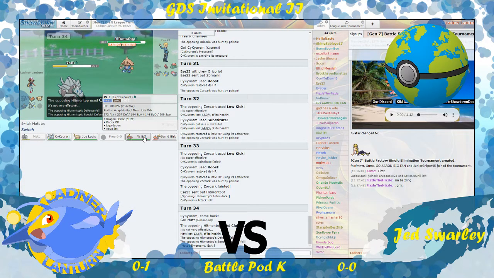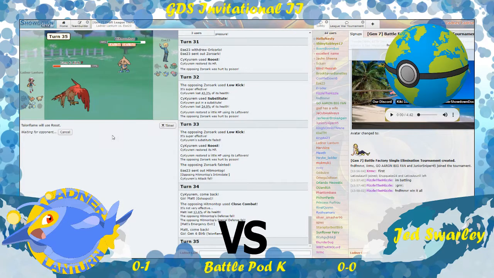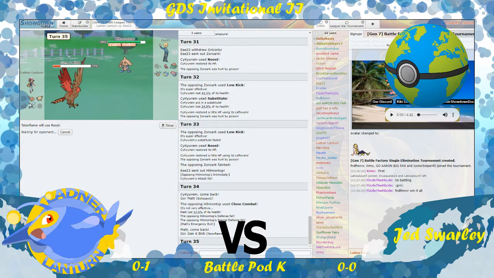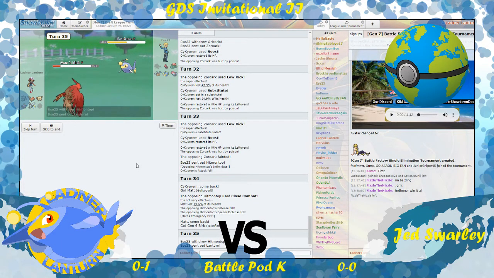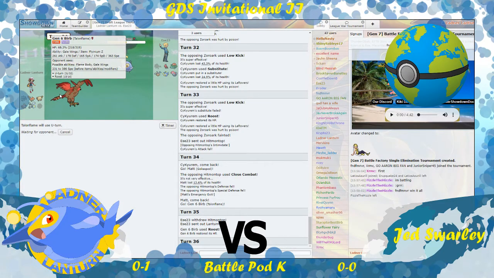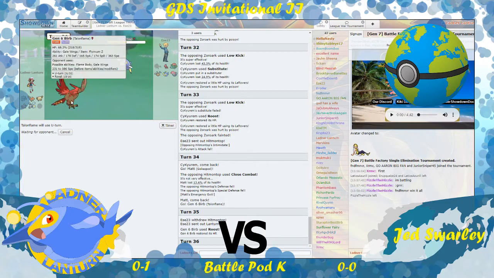Ooh, or I get a hit off with Crawdaunt. No, Talonflame's the play for sure. I'm gonna Roost up, and then if he goes Lanturn, I'm gonna U-turn into Kyurem. I think I'm in a good spot. Zoroark being dead, I mean, it's really stupid that I even thought that the Zoroark wasn't coming in, but it doesn't matter really. I still don't have priority Fly Z, and I'm still skeptical of this Mesprit being...